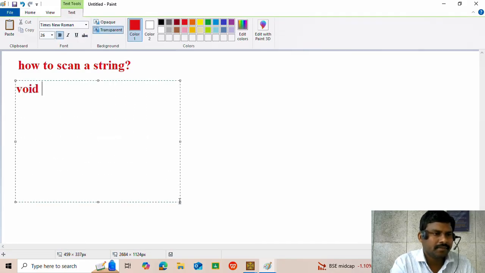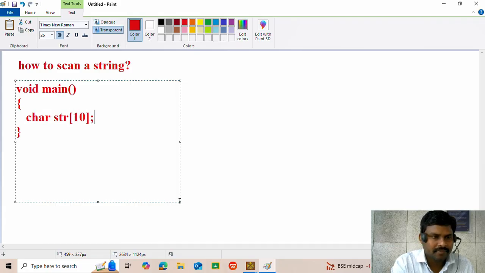So void main, where I am declaring a character array named str of size 10. So first clear the screen, clrscr to clear the screen. Next, ask the end user to enter the